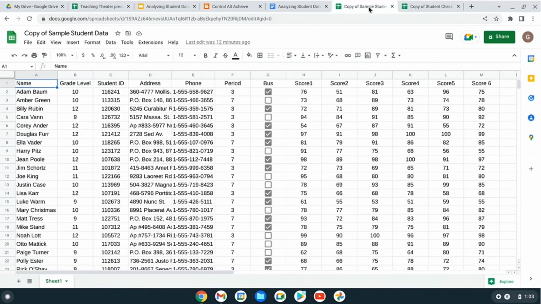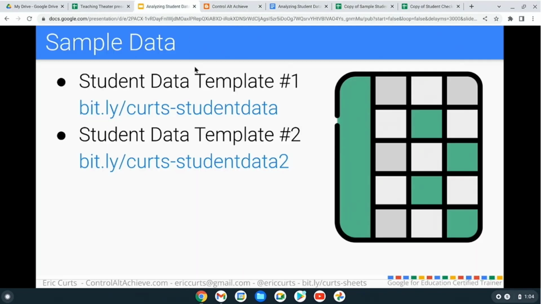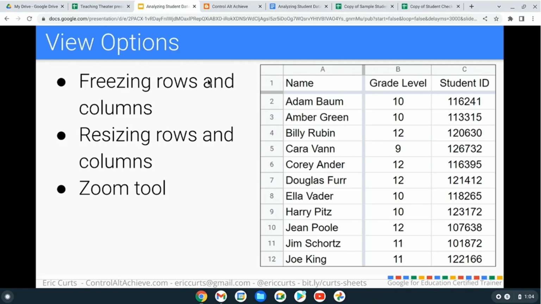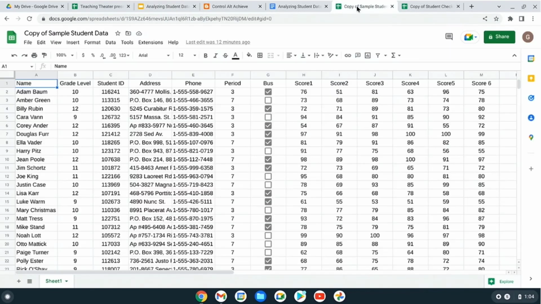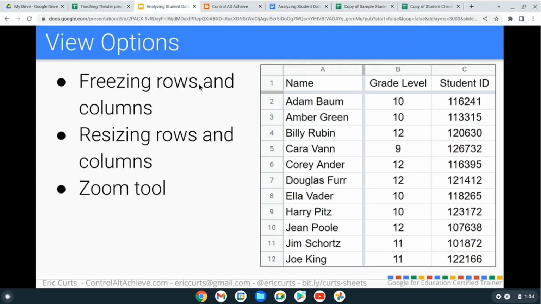So that's what those two templates are. Well, let's go ahead and dive into our first template, which is the one with the sample student data that we saw there. And we're going to start off by talking about view options, which is one of the first things you can do to wrangle your data and make the best of it, is learning how you can freeze